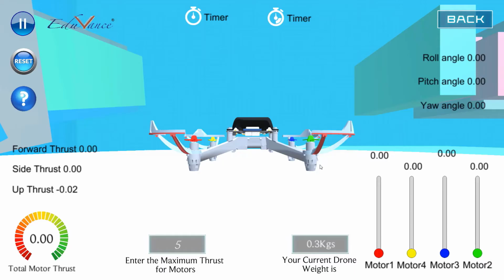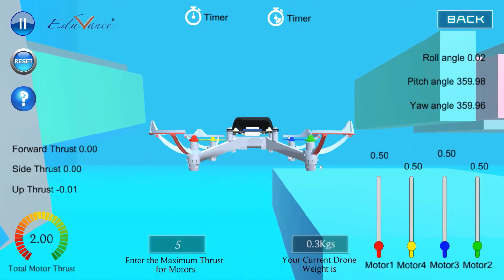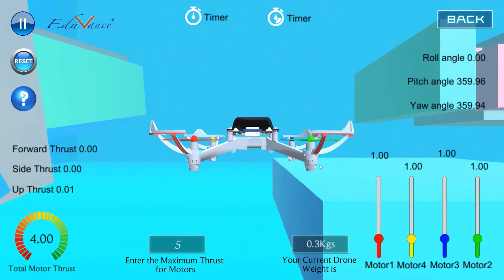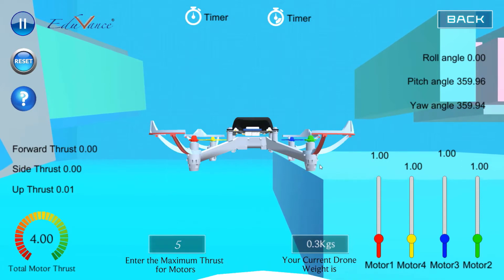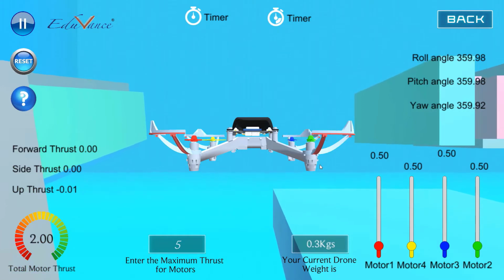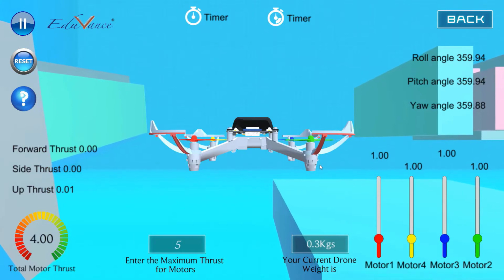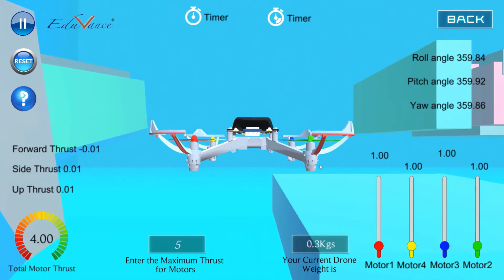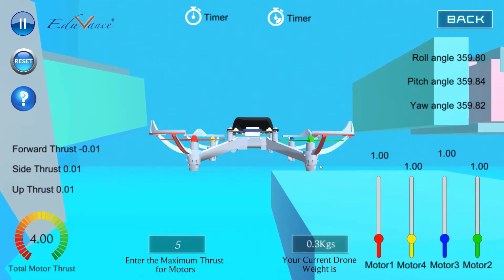If you remember from our theory lecture, first we will increase the RPM of all 4 motors so that the drone starts hovering. I am doing this by pressing Q, W, O and P on my keyboard. As I press them, you will see that the thrust increases, and if I increase it, the drone starts going up. Now from our previous theory section, you know how to hover the drone. We keep increasing and decreasing our thrust so that the drone hovers at one place. That I'm doing with my keyboard.